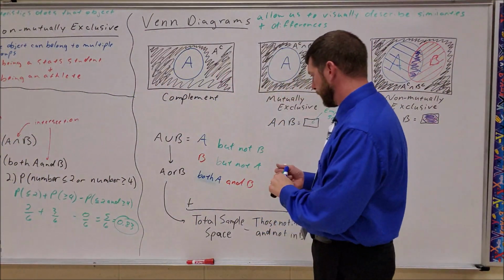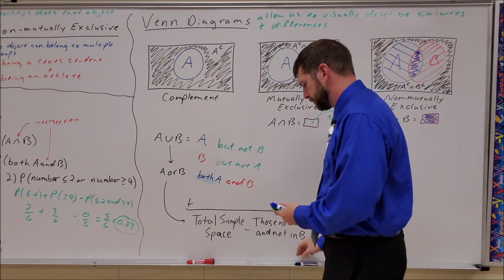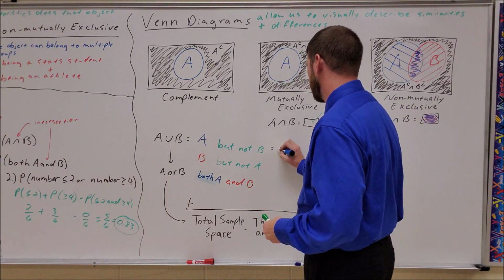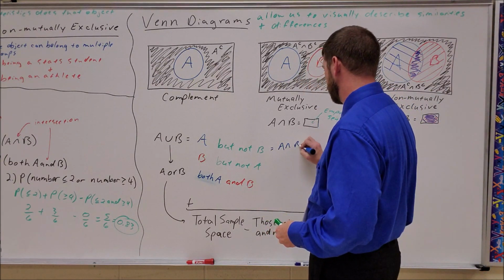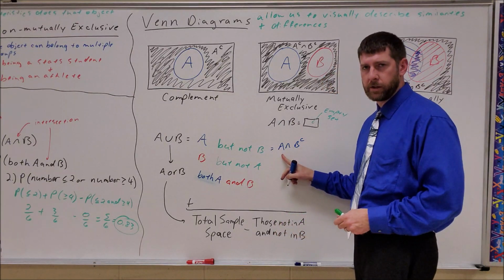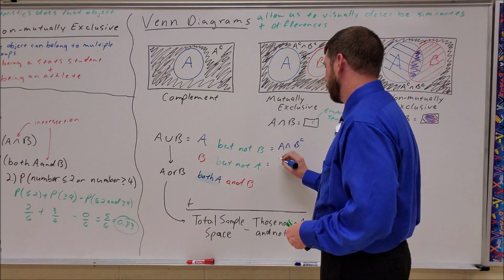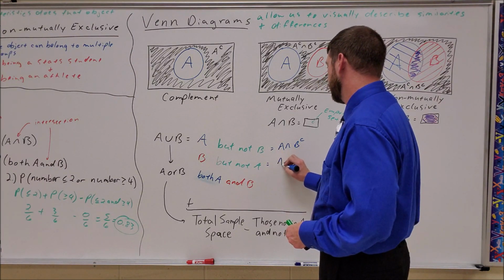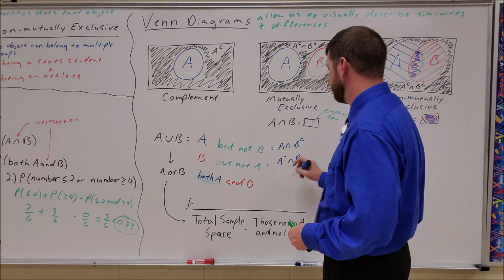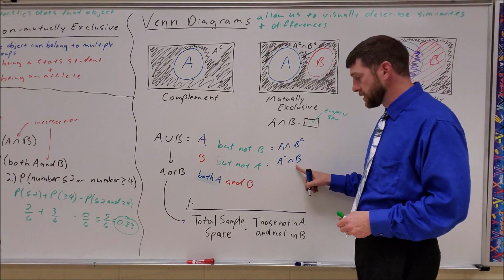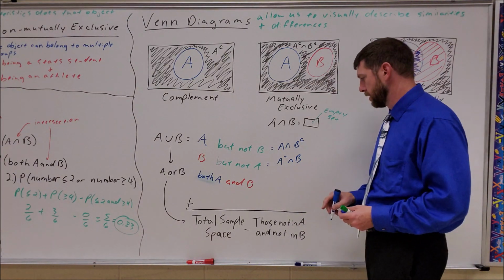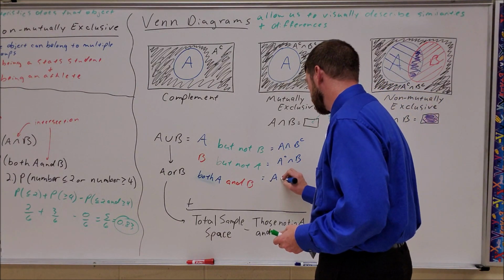So we could really think of this as A intersect B complement, that's A and no B's at all. We could think of this as A complement intersect B, no A's, but everybody in B, and then A intersect